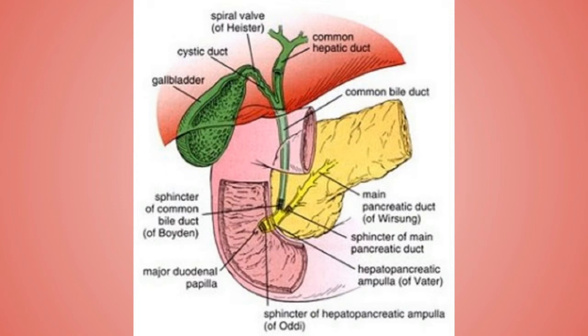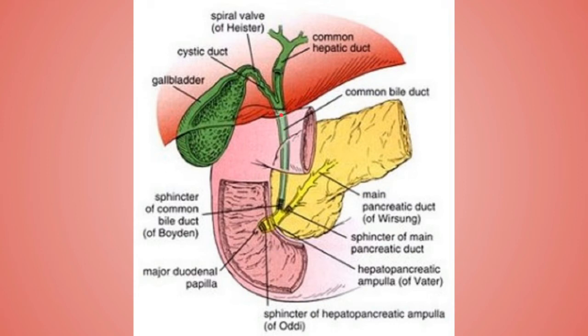Now you may know that on the free margin of the lesser omentum of the stomach, there are three important structures present: the portal vein, hepatic artery, and the bile duct. So remember, these three structures are present at the free margin of the lesser omentum. And the supraduodenal part of the bile duct is present at the free margin of the lesser omentum.